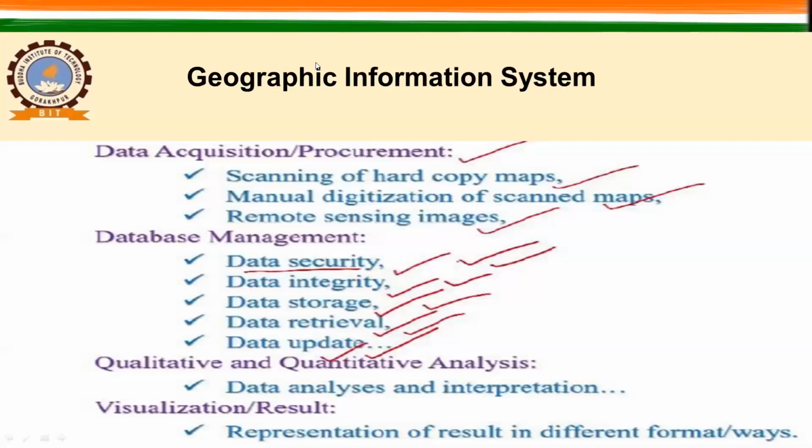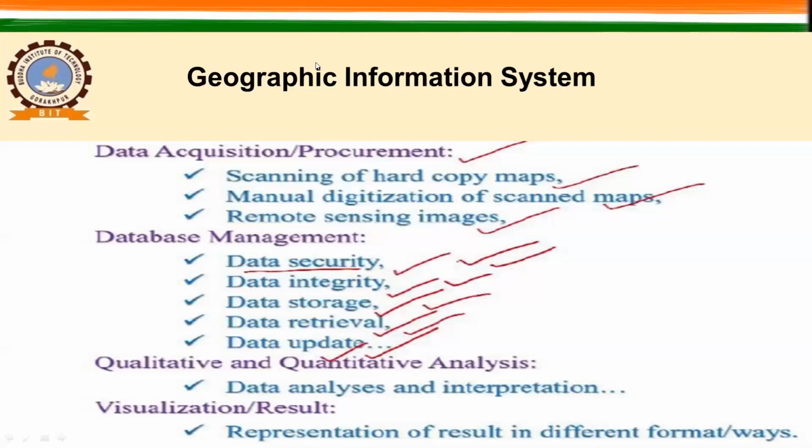The data retrieval, the same thing which I have explained: how do you retrieve it, by the registration process, or maybe someone sends you an email and then you send them a link from where they can download the data. And then data update. I give you one example for this database update. If you keep updating this database, then people may refer only to your particular portal to get the information about the water quality of Mumbai, right?